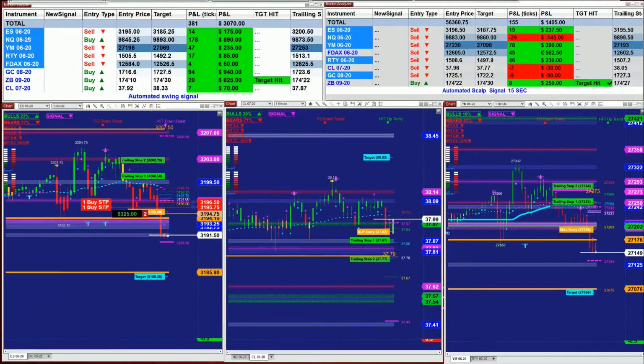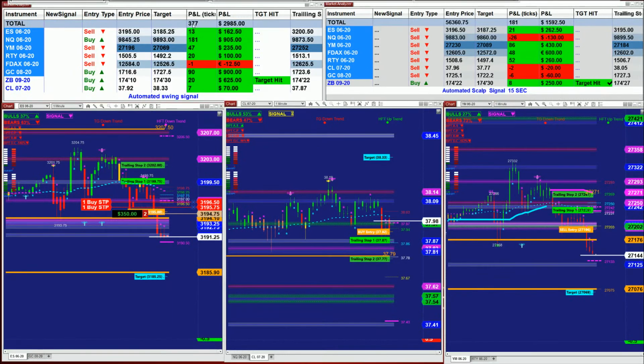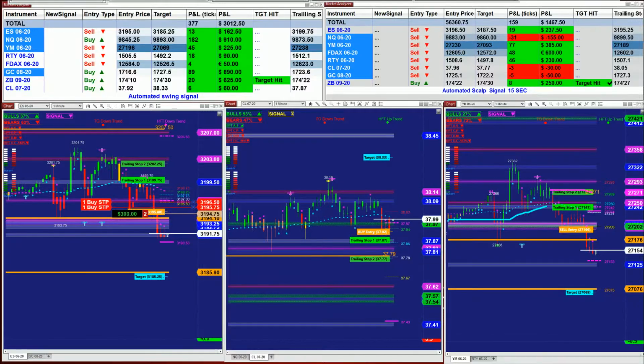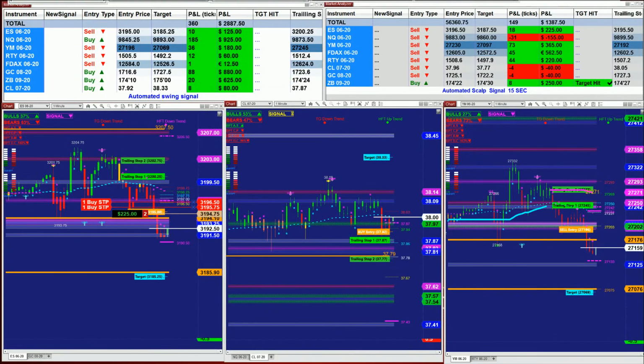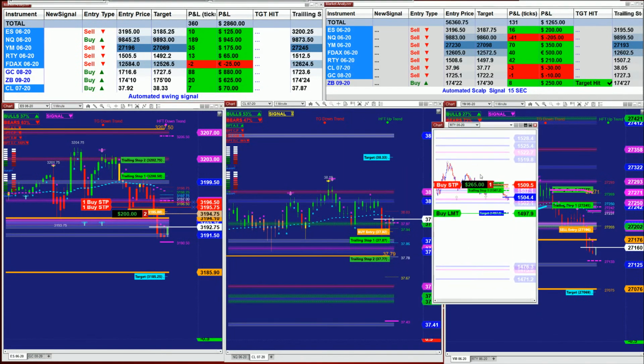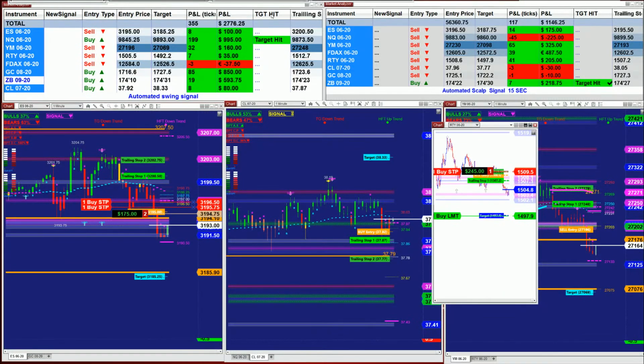The total right now on the entry is 380 ticks based on one contract on the market analyzer, and the scalpers start really hitting the Russell,